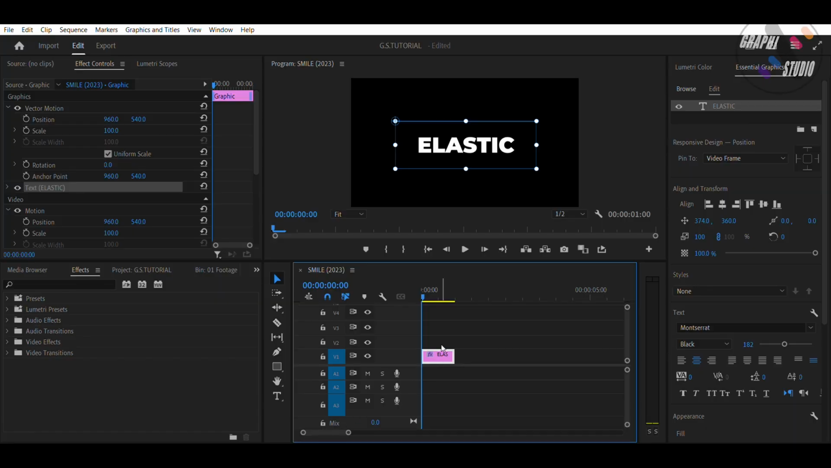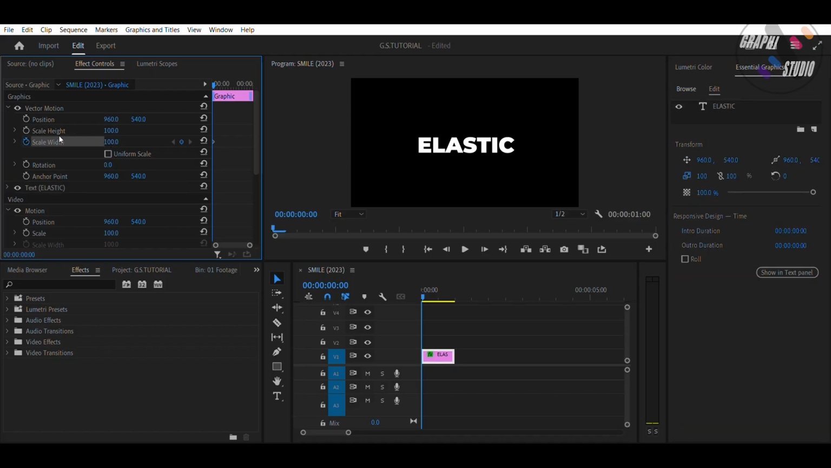First, type your text. Go to the Effect Controls panel and unselect the Uniform Scale option. Place the navigator on the first frame and turn on the toggle animation of scale width. Set the value to around 40. Press Shift plus the right arrow key